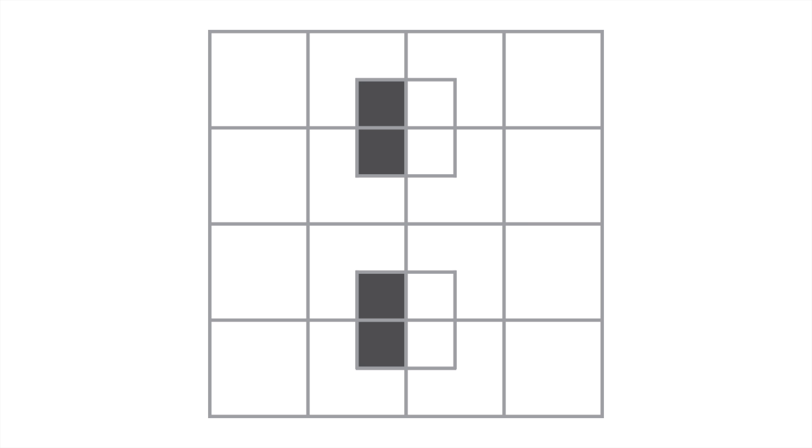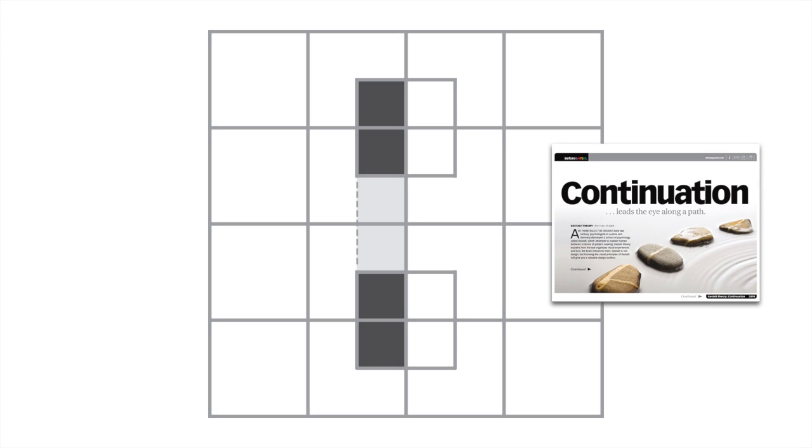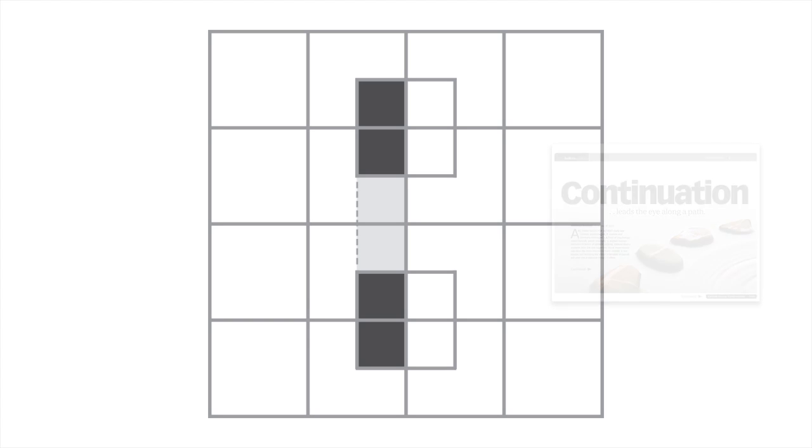It's a little easier to see in vertical alignment. Now we have a longer line. There's 4 squares involved here, and our eye easily crosses that gap, across that phantom space in between. This is the Gestalt principle of continuation, where the eye will tend to follow a line across gaps.